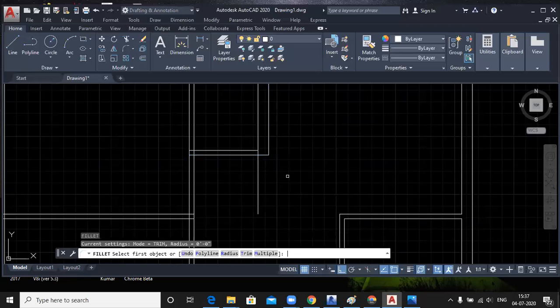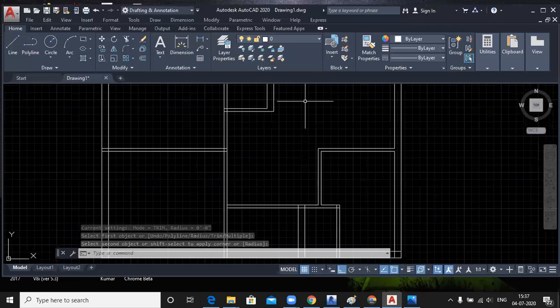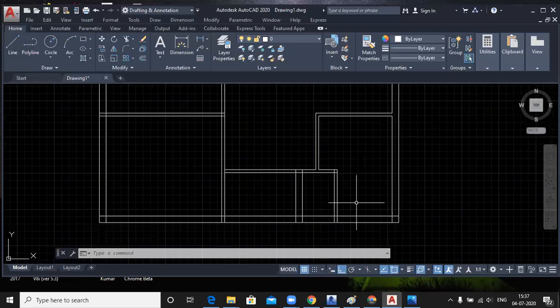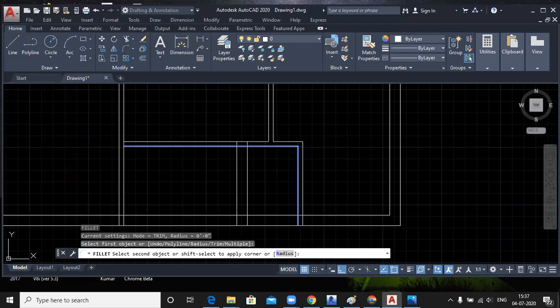See? And this line to this line. Understood, right? Yes, sir. Similarly, you can apply here also. It is only useful for the corner only. You can't apply here.